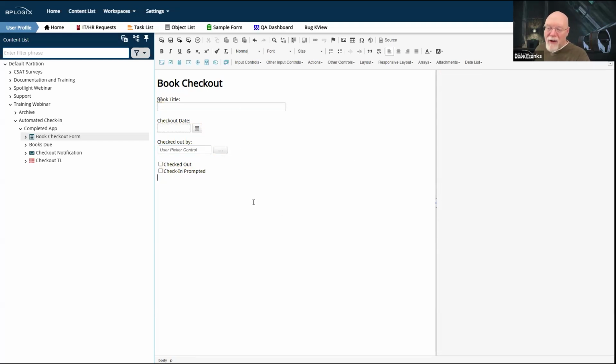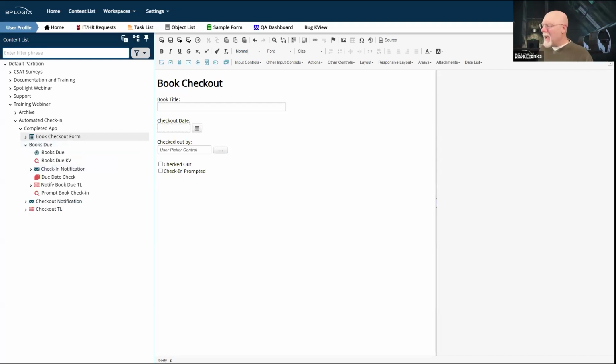So of the 5 fields on this form, the book title is only there so I know which one I'm looking at. But all of the other 4 fields on this form actually are used in one way or another for the process that is going to get kicked off after a year. So there we go. Those are our checkout items. They don't do much other than provide the foundation for our follow-up process, which is our check-in process.